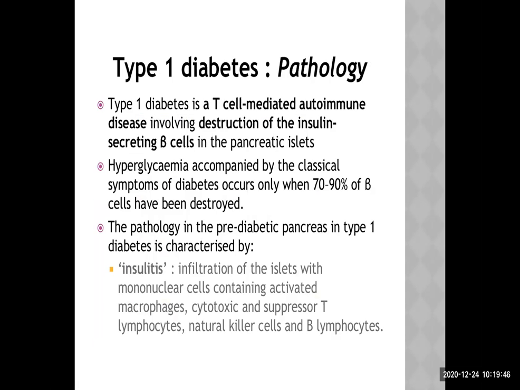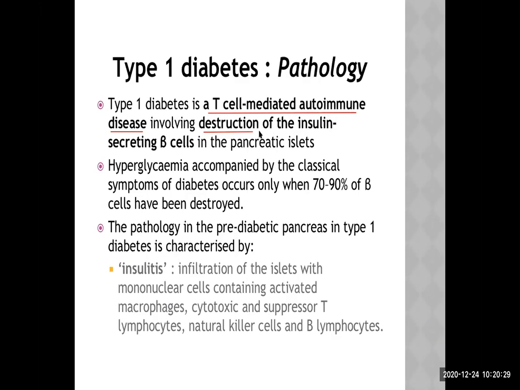Now with this, let's enter into the pathology of type 1 diabetes. What is happening here? Type 1 diabetes. Now, please pay attention. You need to understand this before we move further. This topic is very important and a big one, okay? And these are the basic things. Type 1 diabetes is a T-cell mediated autoimmune disease. And that's why we always take type 1 diabetes as one of the examples of autoimmune diseases in our body. All the time, if your teacher asks, can you tell me some of the autoimmune conditions in our body? Without hesitation, take the example, type 1 diabetes. Okay, just one of them.